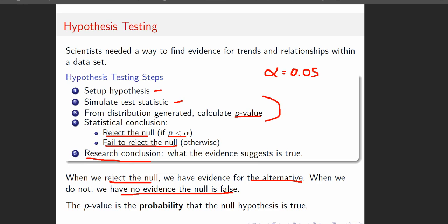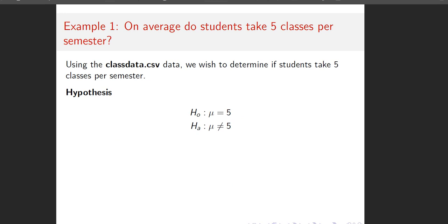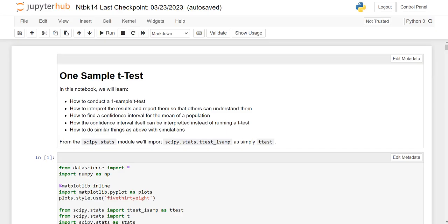And while we're going through this, every single hypothesis test generates a p-value, all right? And the p-value is basically the probability that the null hypothesis is true. There's some slight nuance to that, but big ideas. The p-value is the probability that the null hypothesis is true. Okay, there you go. That's hypothesis testing. That's what we're going to be doing. And we're going to start with the first question in the notebook in just a second. Let's go ahead and get the notebook